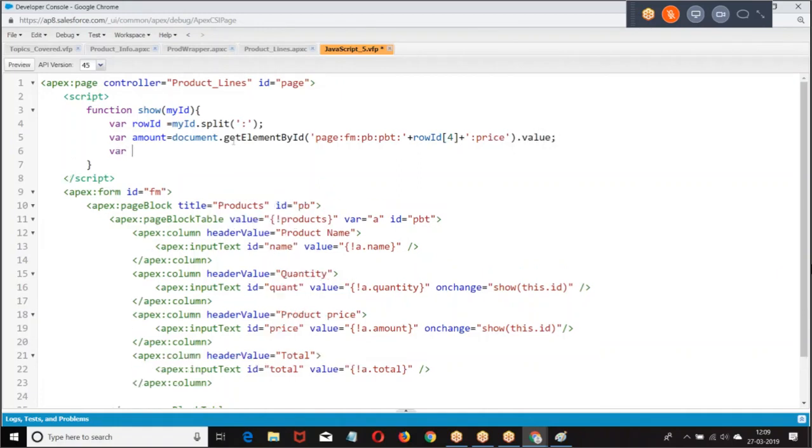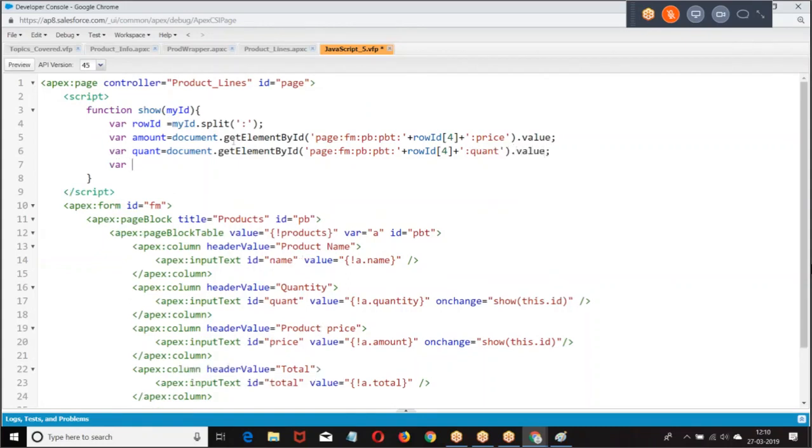Where font equal to document dot get element ID, page, form, page block table plus row ID plus colon 1.